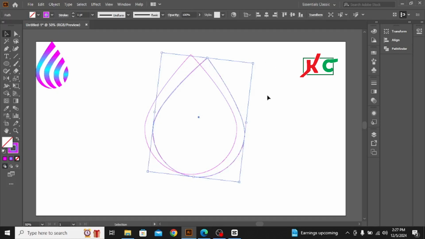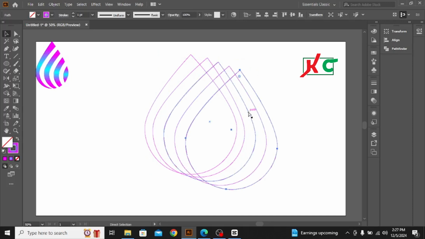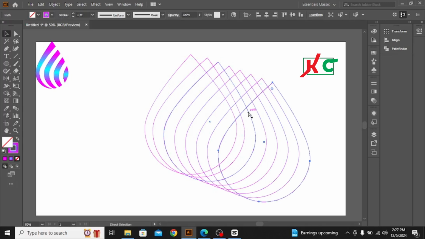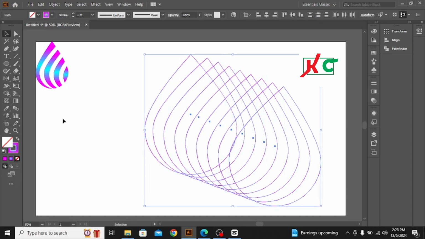Beautiful. So I need to just copy again by pressing a little bit. Now just press Control and D. See, it's already done. So what we need to do, I go to the Eraser tool and cut